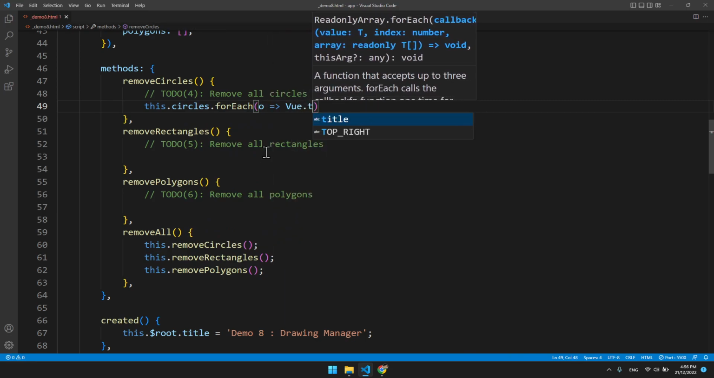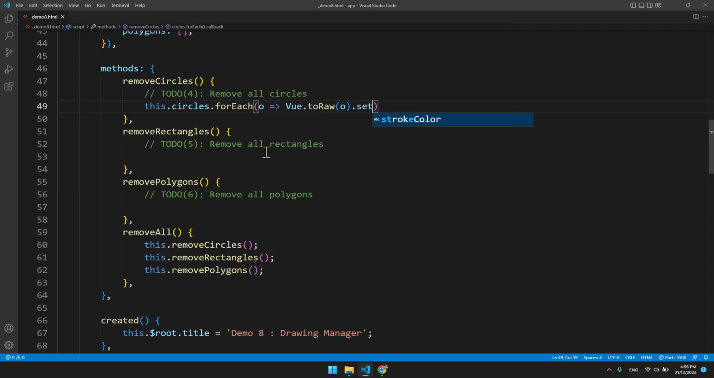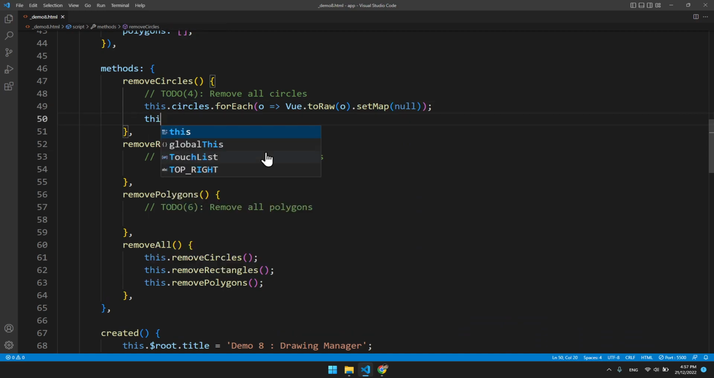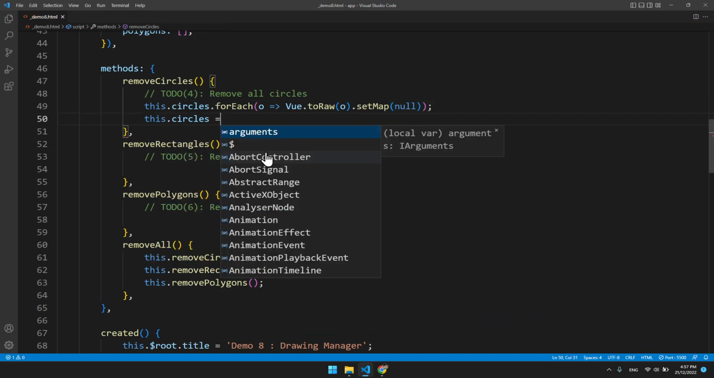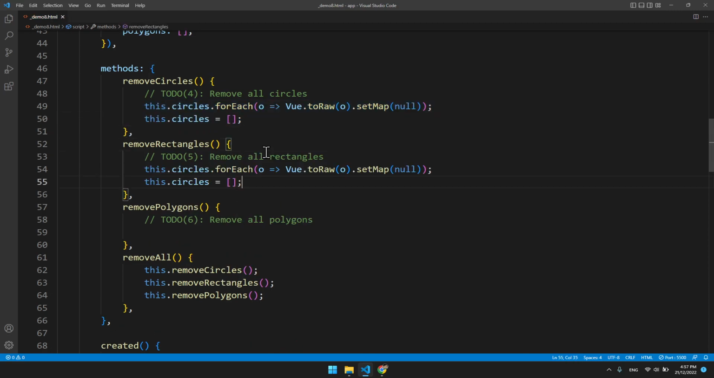So I'm going to take view.toRaw. Remember, we have to convert it to the raw object before we can call setMap. We remove all the circles away from the map. Then we have to set the array back to empty. So job done. So actually, we can just copy and paste this one because the logic is the same for